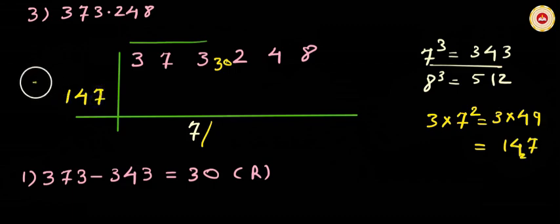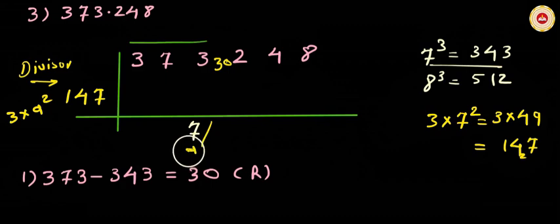147 is the divisor. And how did we calculate this? 3 multiplied by a squared. Here, a is the digit 7. Now step number 2 is to divide 302 by divisor 147,